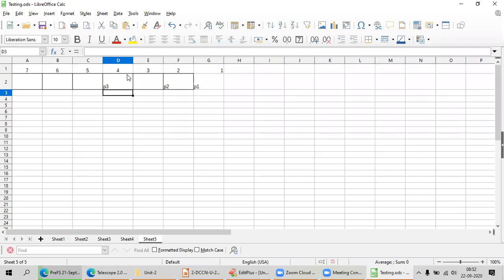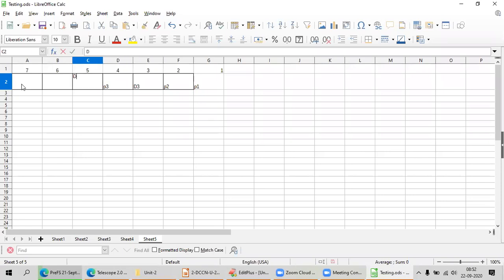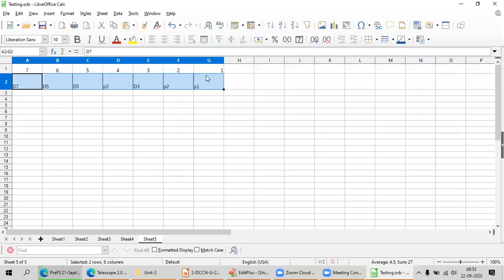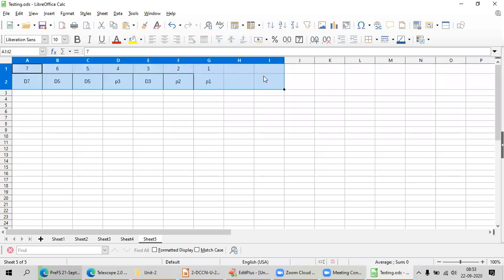All other bits are your data bits: D3, D5, D6 and D7. These are the data bits, and together they are the total code word.